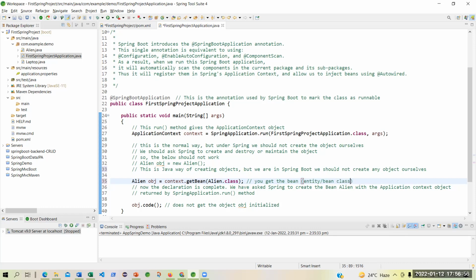What is an entity class? Entity and bean are the same. So what if I ask what is an entity or bean? You will say, sir, it is encapsulation. A class having getters and setters. Yes, sir.